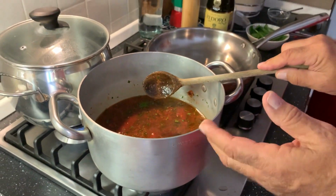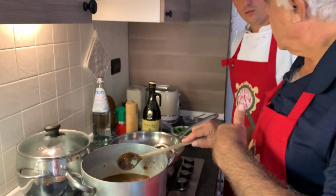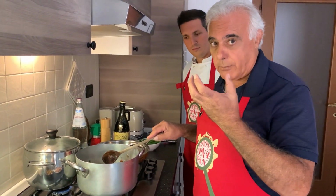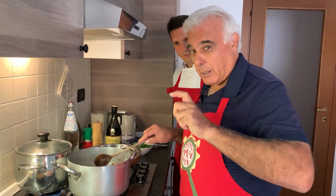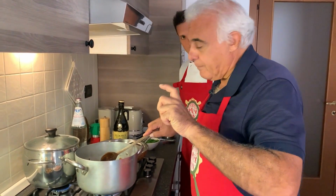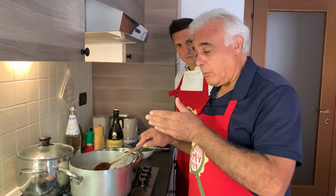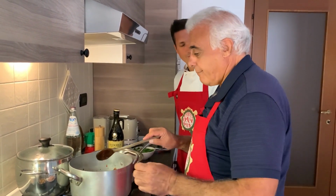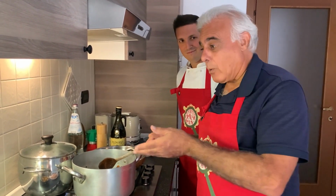Now this is it, and we'll turn up the flame just a little more. Okay. So it's not boiling, but it starts to steam, because we want the water to evaporate. So you get kind of a consistency, like a thickness. But prior to that, we would keep checking because we'll be adding the sausage and the mushroom at that point. Yeah. Now, while this is happening,